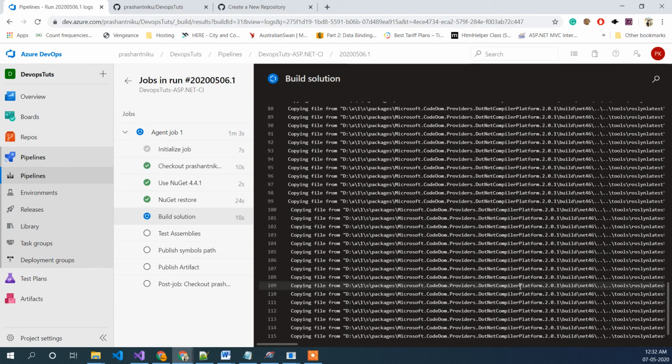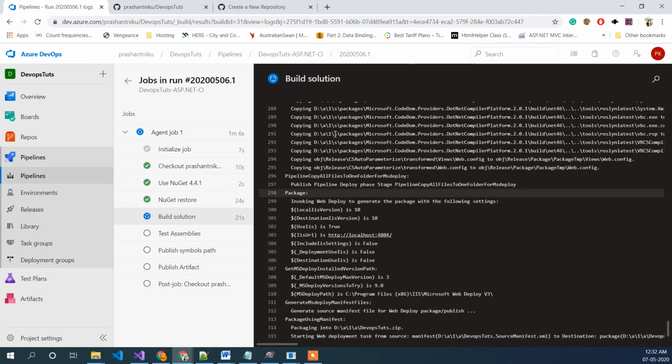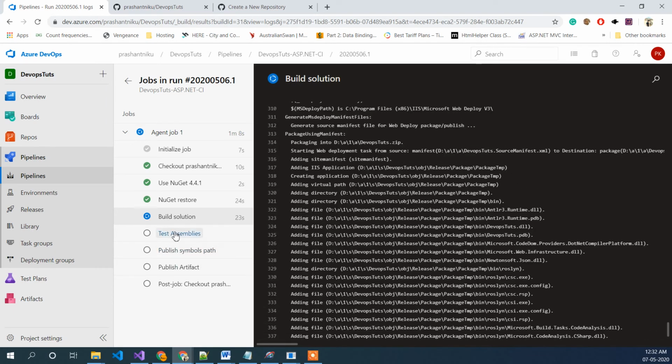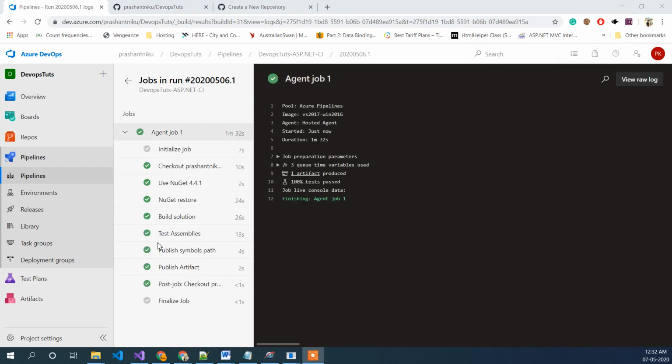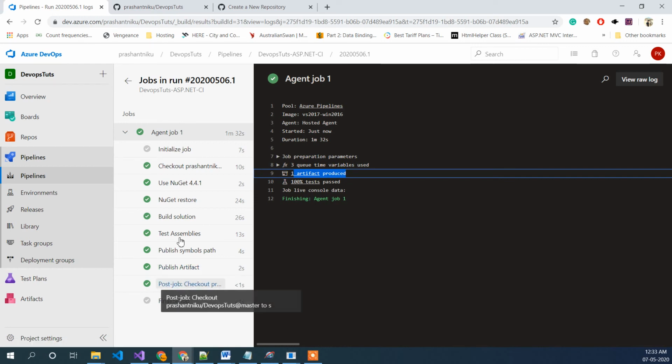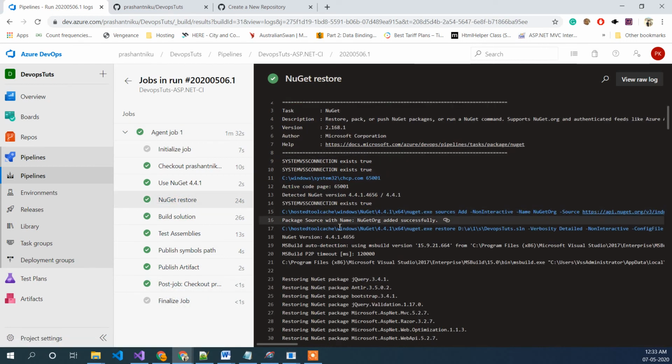So it copies the thing, and after a couple of seconds, as you can see, 13 seconds taken by this process, it will show you this. So 100% test case, artifacts produced and all. So let's just see NuGet restore.